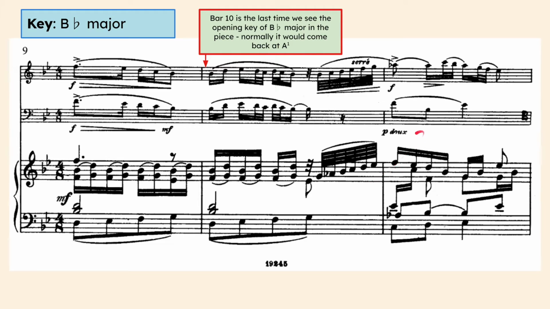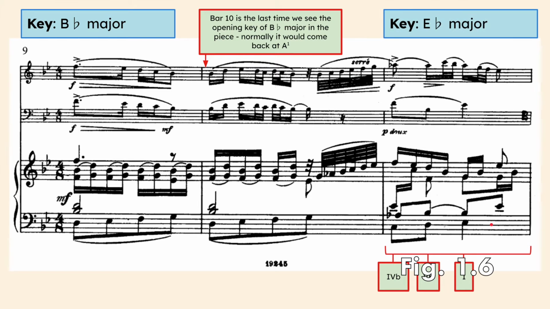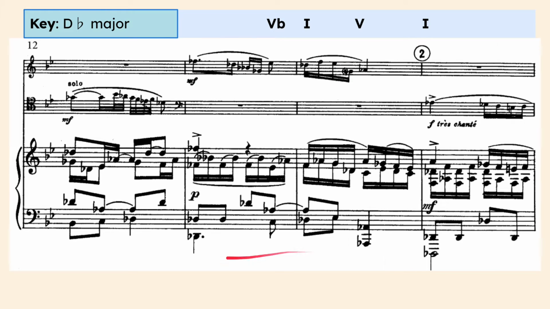Bar 11 then moves to E flat major, the giveaway here being that A flat accidental in the left hand. The chords in this bar are 4 in first inversion, 5 in first inversion, and 1. That's subdominant, dominant, and tonic. Bar 12 then moves to D flat major, and again we can tell from those extra flats. The chord movement is exactly the same as the previous bar, so 4 in first inversion, 5 in first inversion,